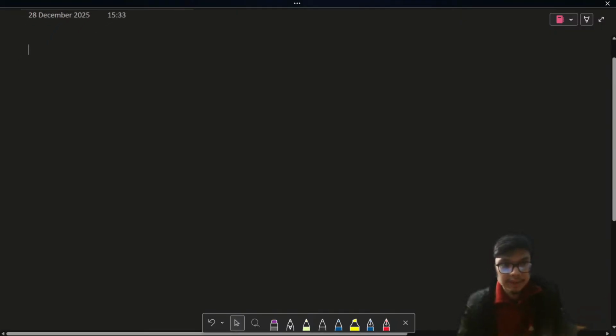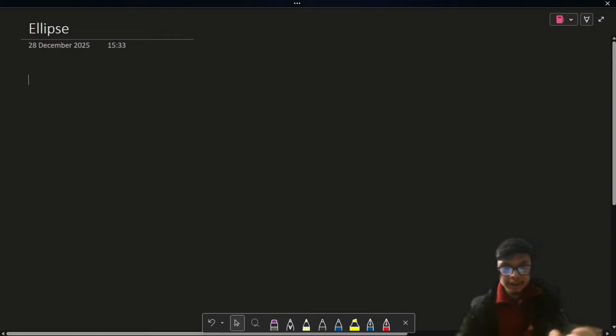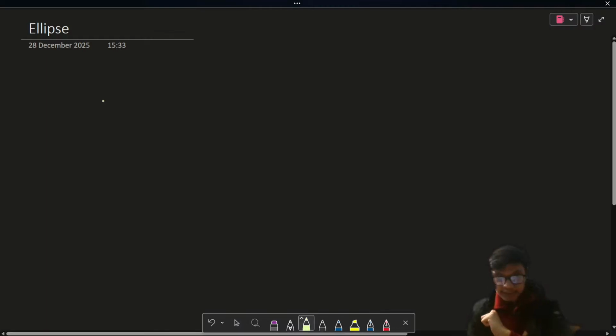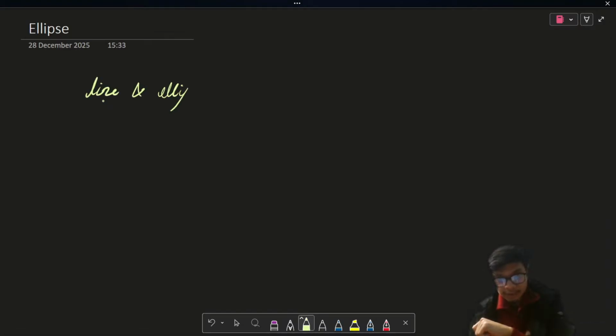And today, as we were discussing the topic of ellipse, following our discussions on the last topic, the concept of line and an ellipse, before I proceed to discuss any other topic regarding the equation of normals following the equation of tangents, I actually want to discuss one important concept regarding this ellipse. So, when I talk about the line and ellipse, okay, so when I talk about the line